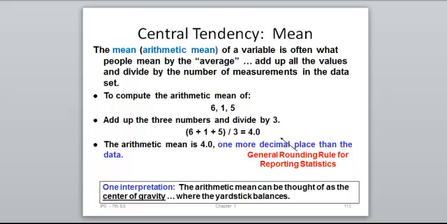But you see the 4.0. We add one more decimal place than our data has when we're calculating the mean of a sample or any calculation of a sample. So one interpretation would be that the arithmetic mean can be thought of as the center of gravity, where a yardstick would be balanced if the yardstick were our numbers. So there are as many values to the right of that mean as there are to the left of that mean,